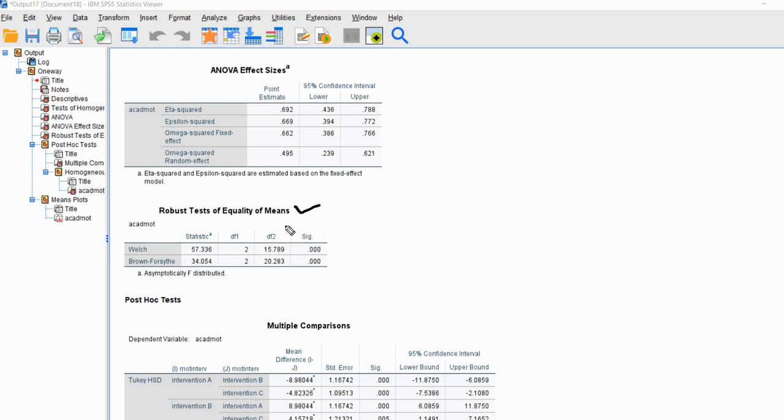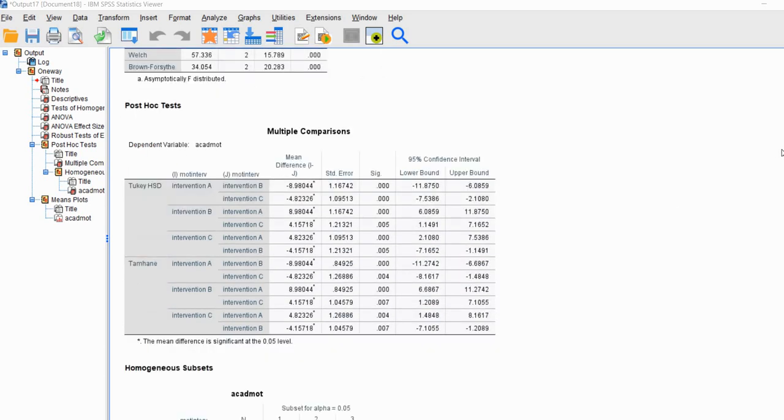So you can see that, again, these are robust tests. These are essentially adjusted one-way ANOVAs to minimize the effects of any kind of violation on our inference. And so you can see right here that with respect to the Welch test, it is statistically significant, and you can also see with respect to the Brown-Forsythe test that we have statistical significance. So in both of these cases, these would be leading us to infer that there are indeed significant differences among our group means. And so given that, then what I might do as a follow-up is to go down here